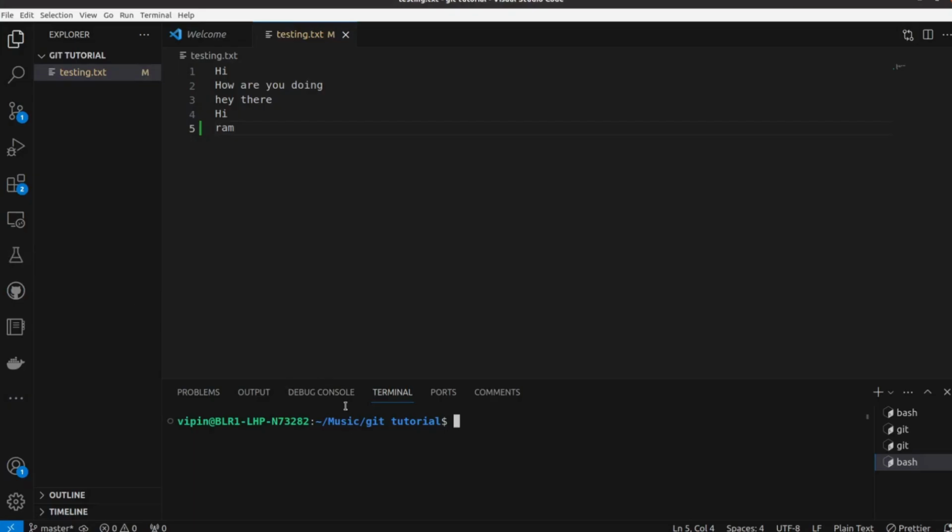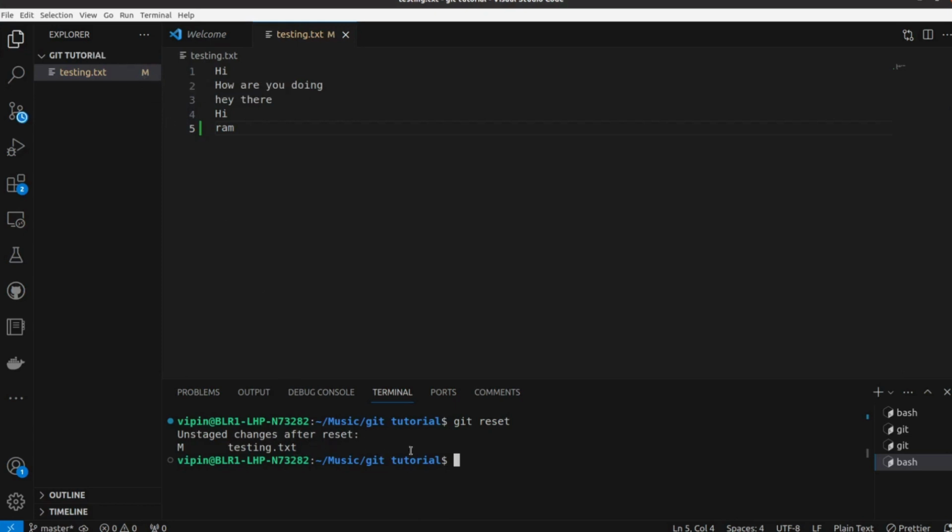Suppose you are writing code and you think you are done, but after a few minutes you realize you left something behind, so you need to work on it and commit it again. How can you do it? You can use git reset. You can see unstaged changes after reset: testing.txt, modified.